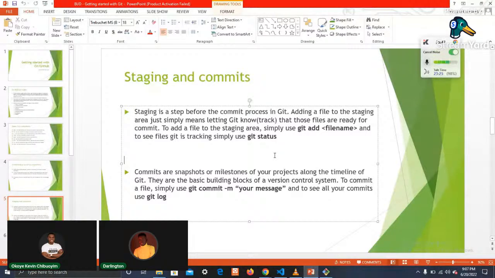As a developer trying to understand Git, it's necessary you understand how staging and commits work. Staging is a step before the commit process in Git. It's like adding a file to the staging area, which is simply telling Git, okay, I want you to track these files. Let me explain this in simpler terms.